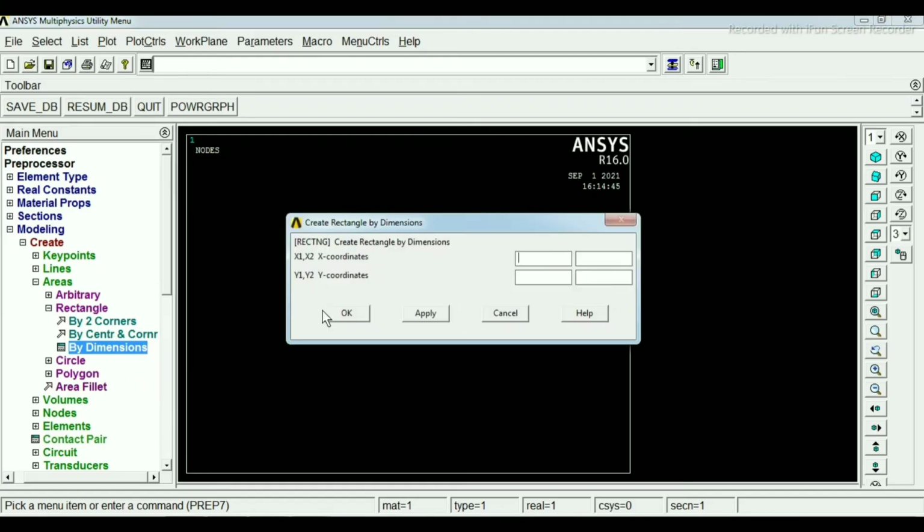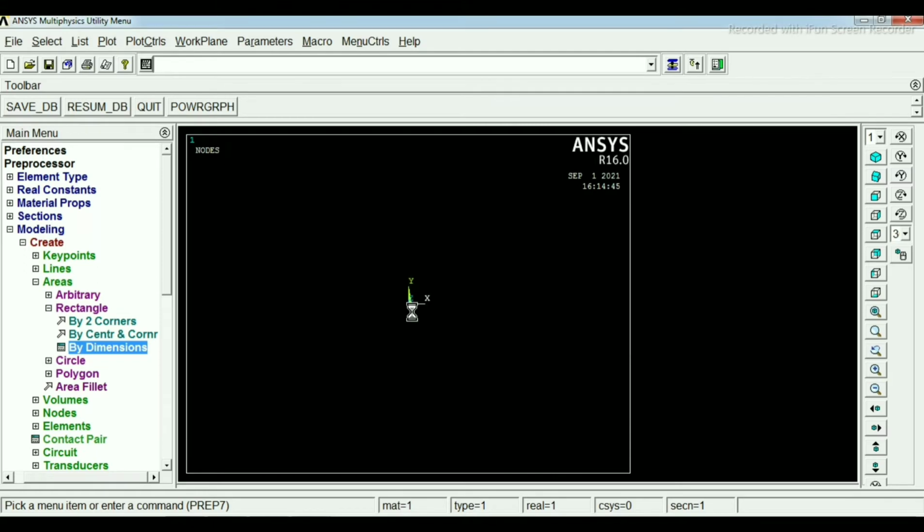So click on by dimensions. Our first coordinates are 0 and 0.8, and y coordinates are 0 to 0.4. Now click on apply.